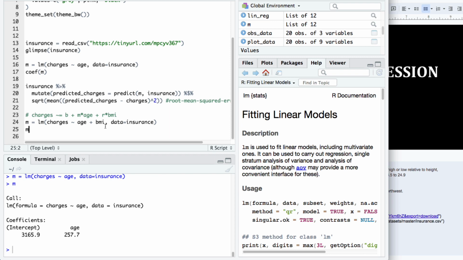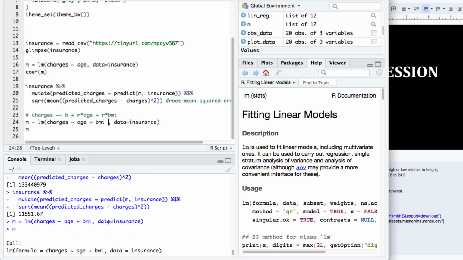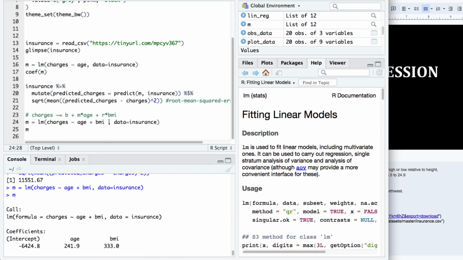Also, I want to show you what happens if you have categorical predictors. Here, age and BMI are both continuous values: age is between 0 and 100, and BMI is between like 25 and 35 or so. But in this data set,